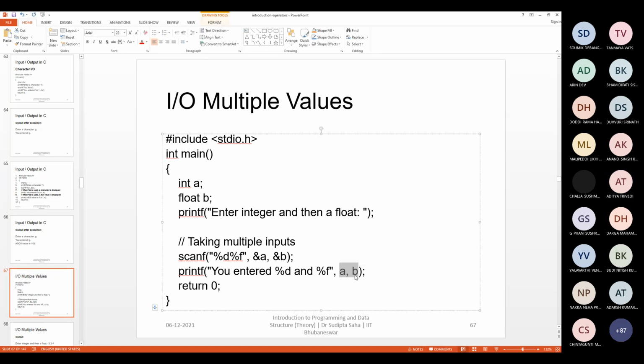If you want to print this A and B using %d and %a, nobody is restricting you in C language that you have to use %d here only and %a here only. Only if you want correct, desired results should you provide these. If you want to play arbitrarily and check what happens, you can definitely print using %f also. Something will come out. It will not provide any compilation error. It will give a warning perhaps.